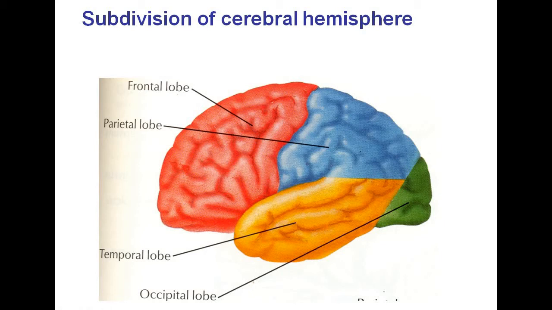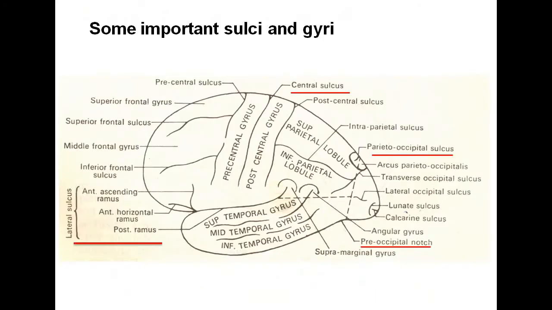So an imaginary line joining these two separates the parietal from the temporal lobe. Now what is this? Posterior ramus of the lateral sulcus. Again, an imaginary line joining these two. So we have 4 lobes which are visible to us and a small insular lobe which is deep inside. It can only be seen after we retract. Clear? Fine. Next we'll go to important sulci and gyri of the cerebral hemisphere.